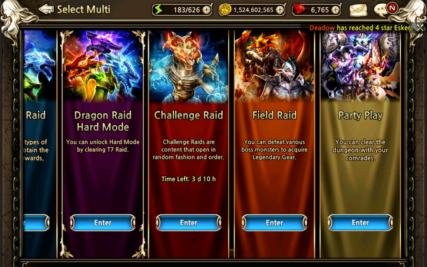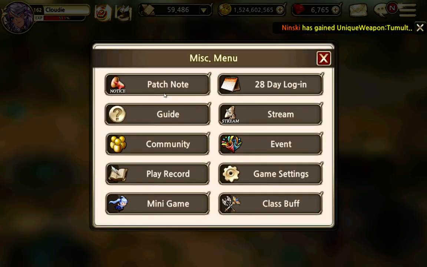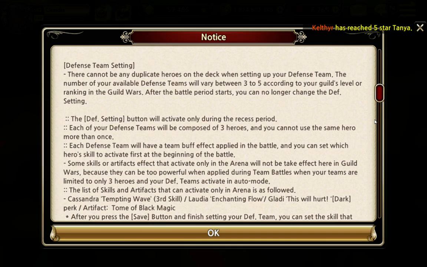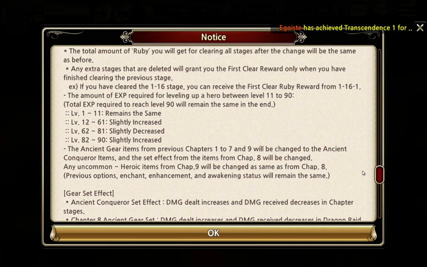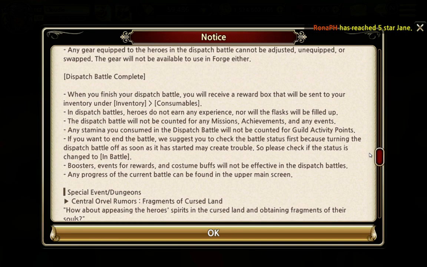So there is that. The next one is the Dispatch Raid, which I was really hyped about. The way they implemented it is a little bit less what I was expecting or what I'm happy about. Basically, this is the exploration feature, which you have probably seen in other games. Essentially, you send out your heroes to do some sort of raid for you. Right now, you can do dragons and